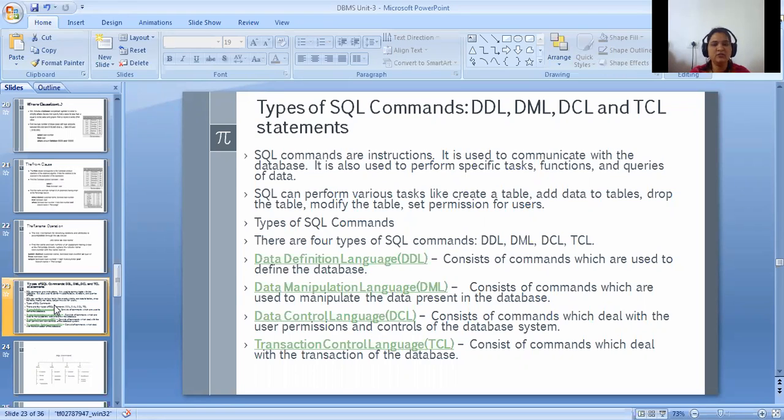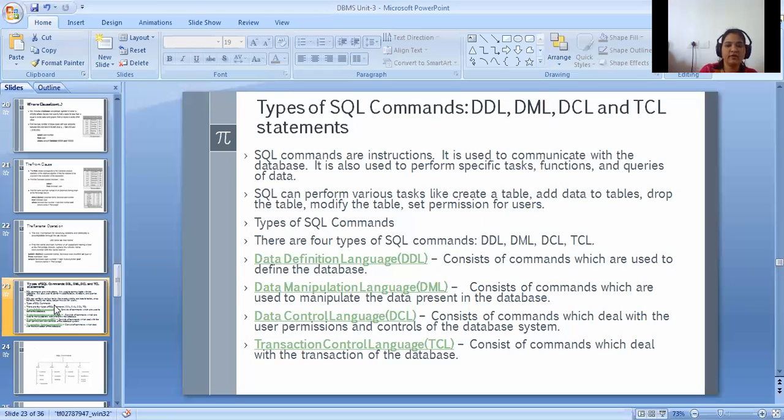Data definition language. It consists of the commands which are used to define the database. Overall we have to design the schema, so you will have to use DDL commands. DML, that is data manipulation, we have to do different kinds of operations. Your existing table is ready and you want to add records, delete, or update them, so at that time manipulation commands, data manipulation commands. Then data control language, it consists of the commands which deal with user permissions, like granting and revoking permissions.